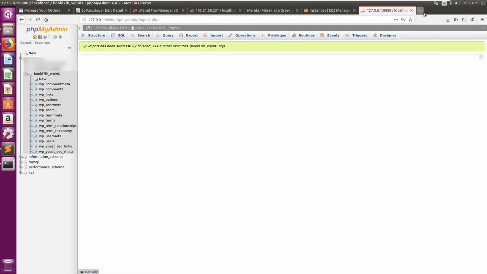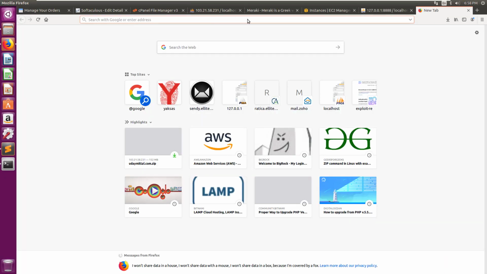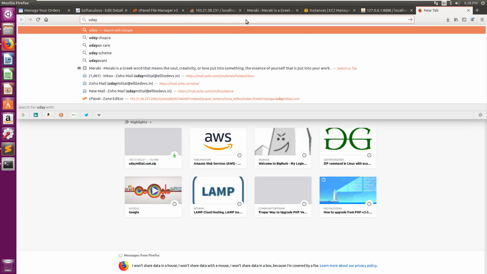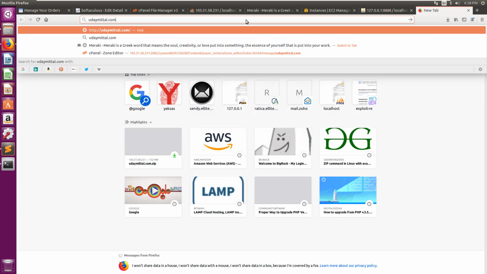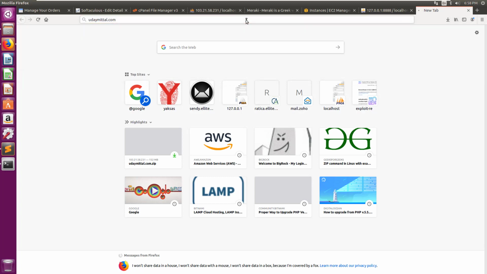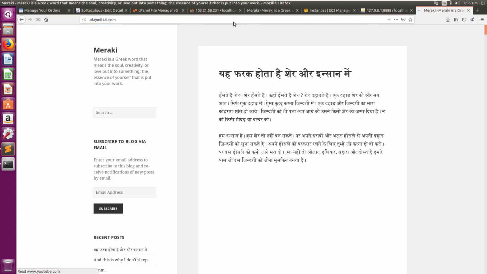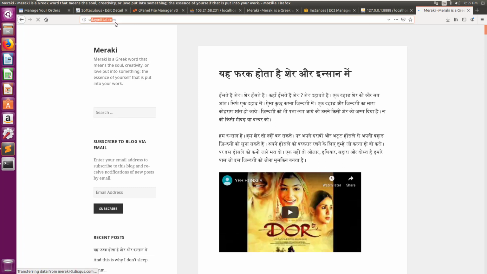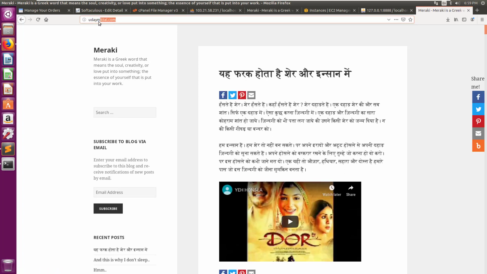Now it's time for a final step, that is to access the website and see if it is working or not. So to do that, I'll go to udaymittal.com again, and if it's working, that means all the steps that we have taken so far have worked perfectly. Alright, so looks like our website is alive and that it has been successfully hosted on